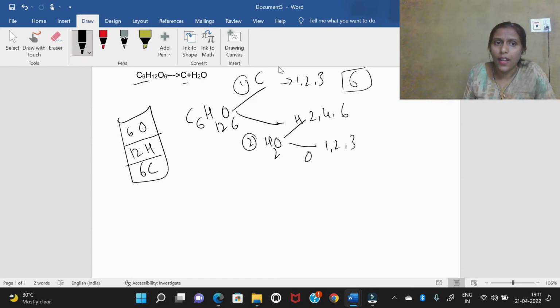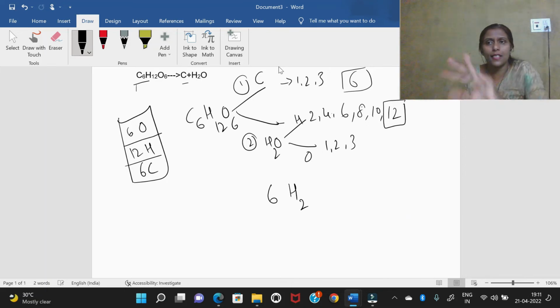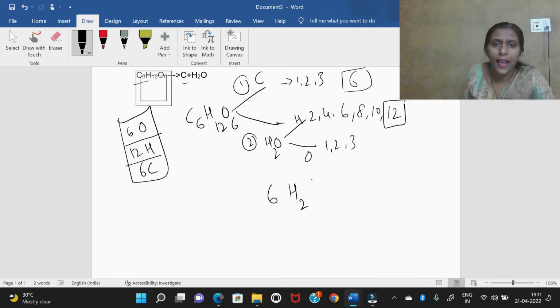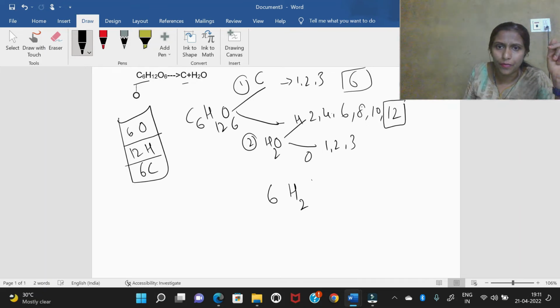Now let's go for H12 and O6. Okay. How many kgs of hydrogen am I supplying? 12 kgs. How many are needed? 1 bag, 2 kgs; 2 bags, 4; 3 bags, 6 kgs; 4 bags, 8; 5 bags, 10; and 6 bags, 12. 6 bags has 12 kgs. Okay, this is my thing. Now, O6 and H2O is what I said. So, for the second family, every time, in that big bag, it wants 1 kg of